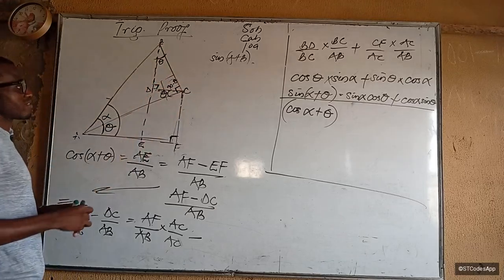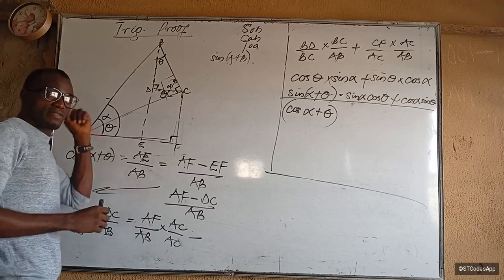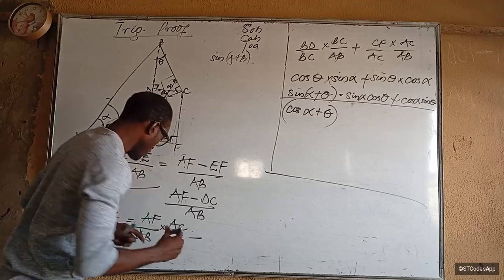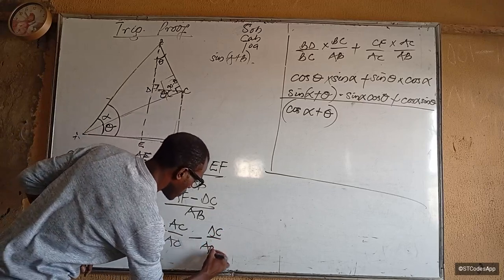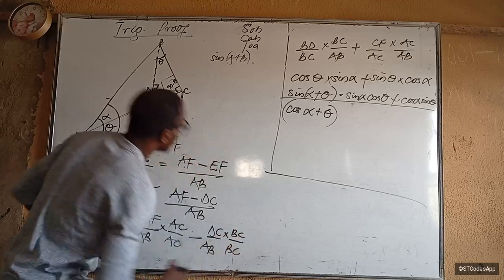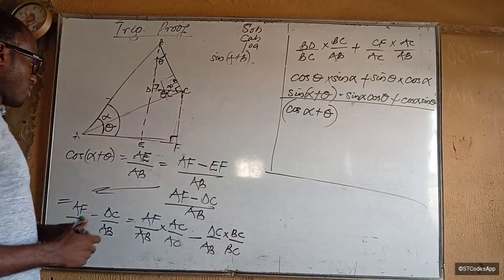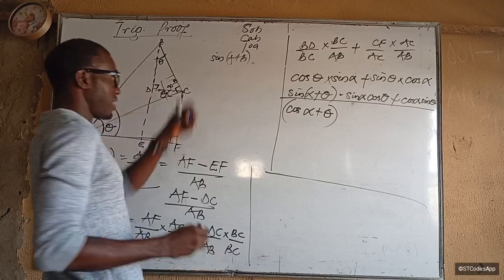Now, which part do they have in common? They have this side in common, that's BC. So we use that part that they have in common to multiply up and down. So it becomes DC over AB multiplied by BC over BC. Is that clear? So if that be the case, we are going to rearrange with another manipulation we did there, so